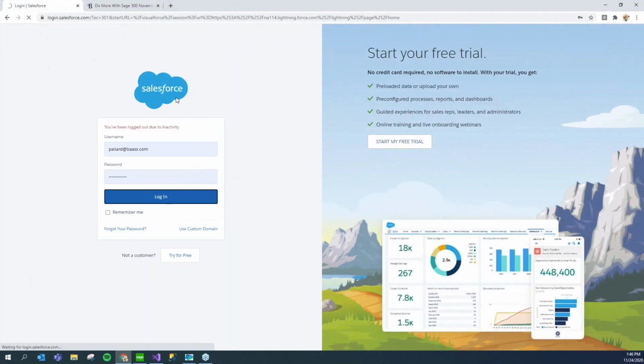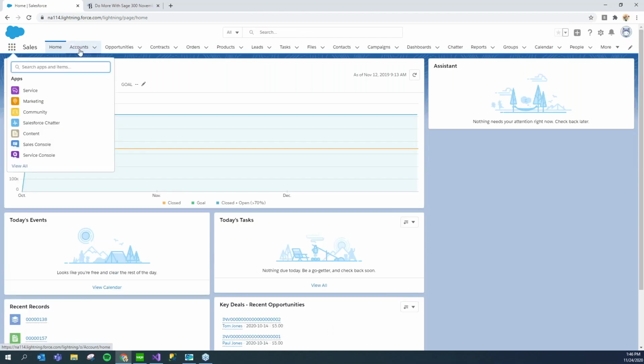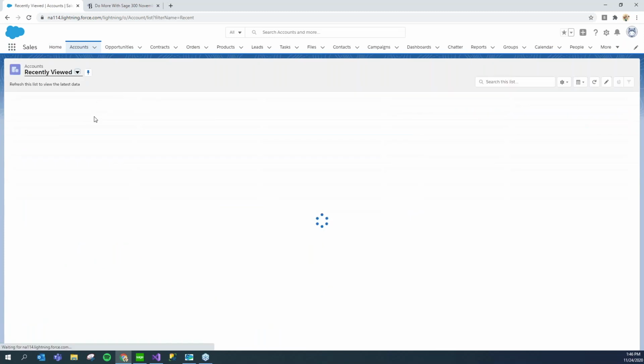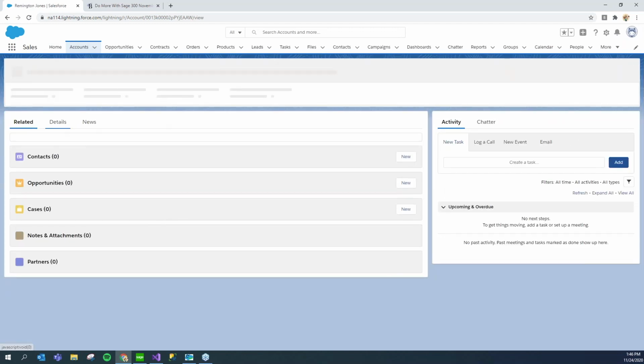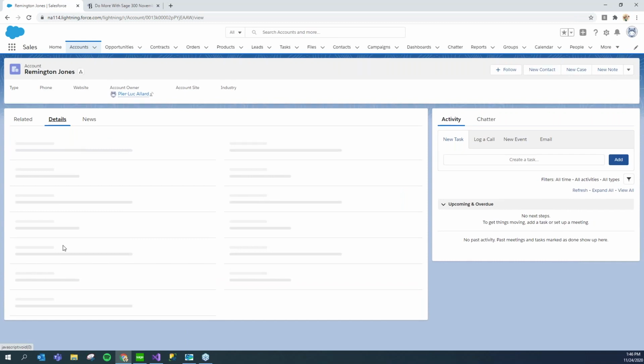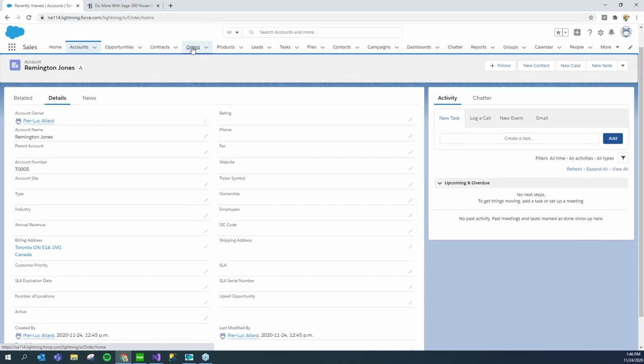So let me just log in here. And the first thing that we're going to do is look at our accounts, which is the customer in our case. So as you can see, we got Remington Jones that's been created. And in the details, you'll see that the fields that I've mapped, which is a city, province, and such, have been created here also. And now if we look at our orders,